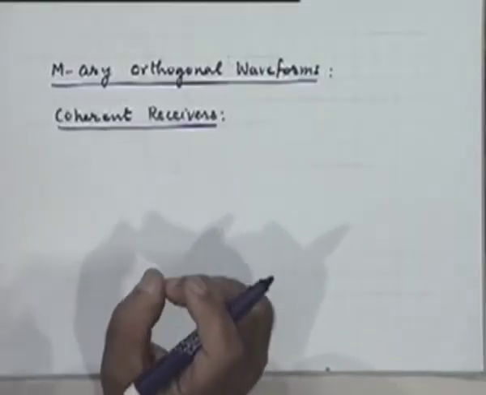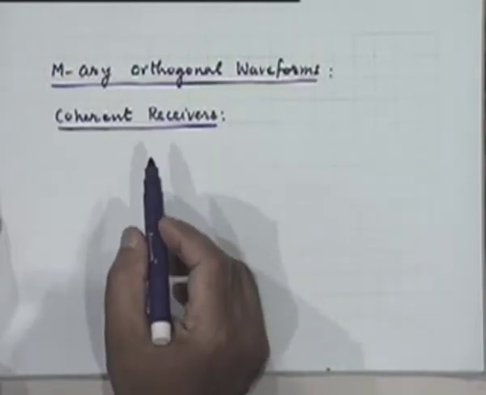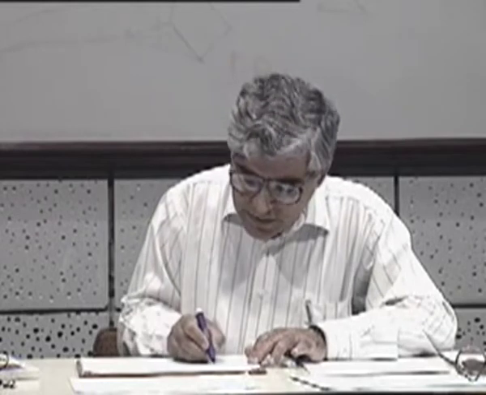Alright, now let's quickly recapitulate the decision statistic that we have to use for making our decisions for the case of coherent receivers using orthogonal waveforms. That is, we are looking at what is the structure of the coherent receiver. I don't have the picture here, but it's very easy to remember that picture. You have a bank of matched filters, right? And you are sampling the outputs of this bank of matched filters at the time instant t equal to LT for the lth symbol, and depending on which matched filter produces the largest value of this sample, you will decide for that particular symbol having been transmitted. Right?